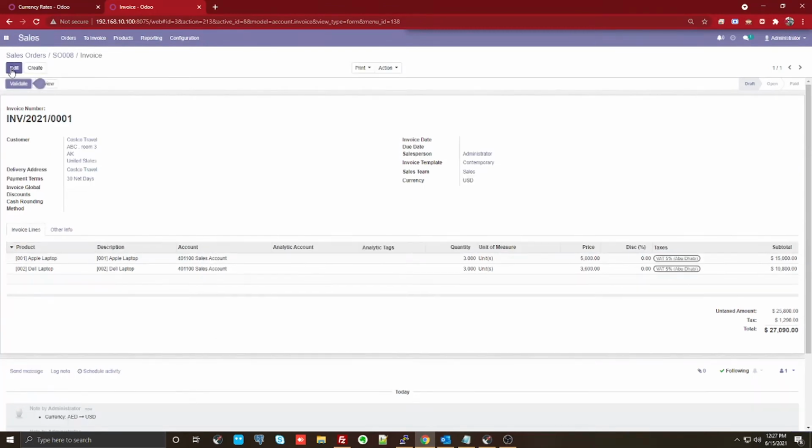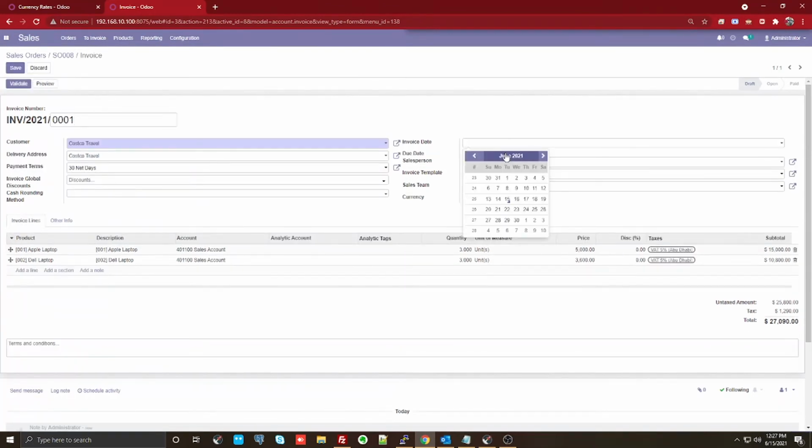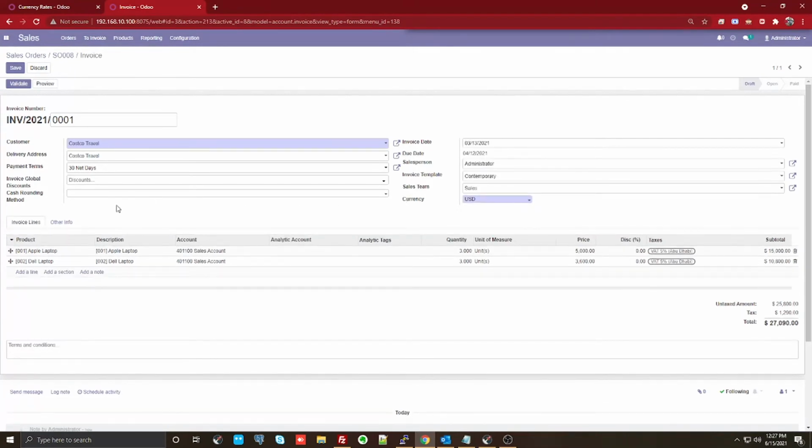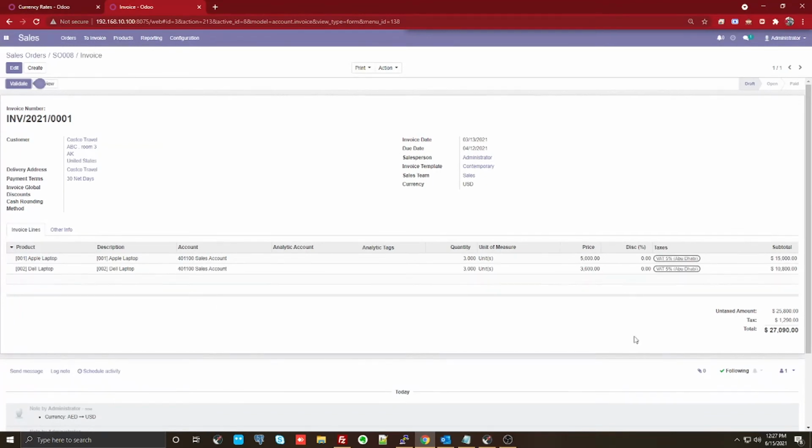So I decided to have the invoice in USD, and I'm just taking the date as 13th. Right, so that is also given here. So what you can see here is the system has automatically started pushing all those contents, and there you go, validated.